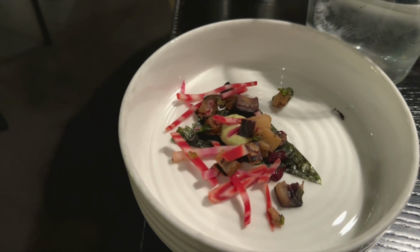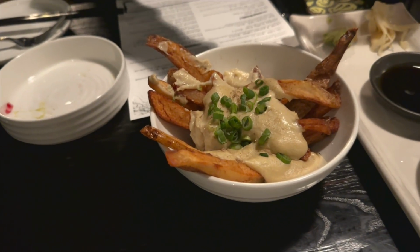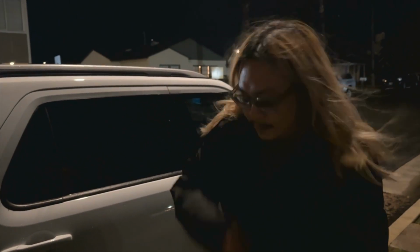And a little further up north is this awesome vegan restaurant that I've been wanting to try so badly. So I'm excited that I was able to come down here on a day that they were open. It's called The Plot. Yum. We had these truffle fries that I swear tasted non-vegan. Dinner was so good. I am so full. It was really good. I've been wanting to go to The Plot for so long, and I finally did. The wait was worth it, and I'd love to come back, but